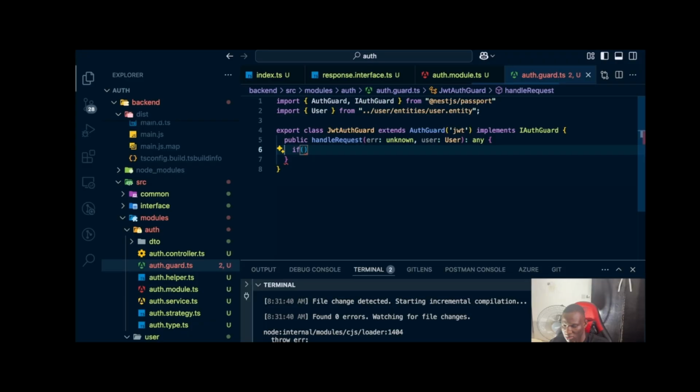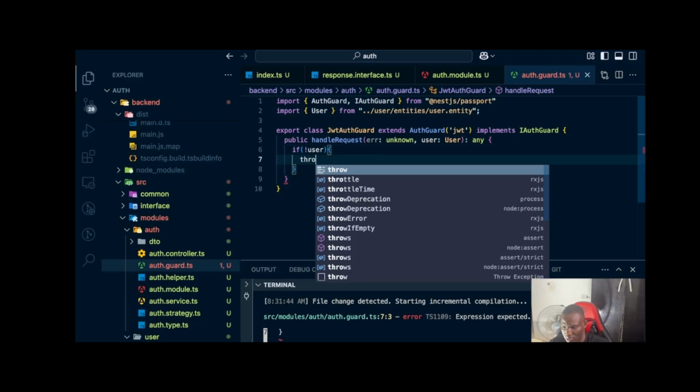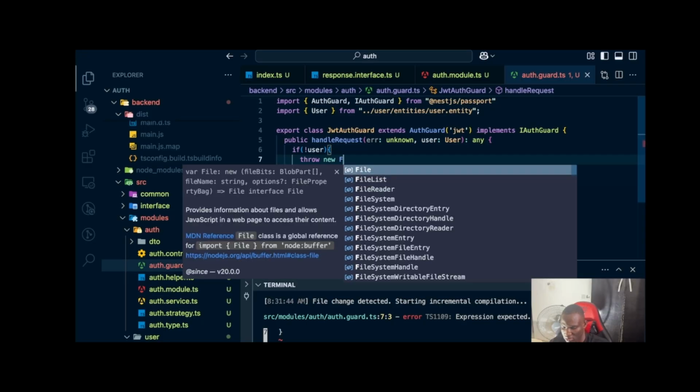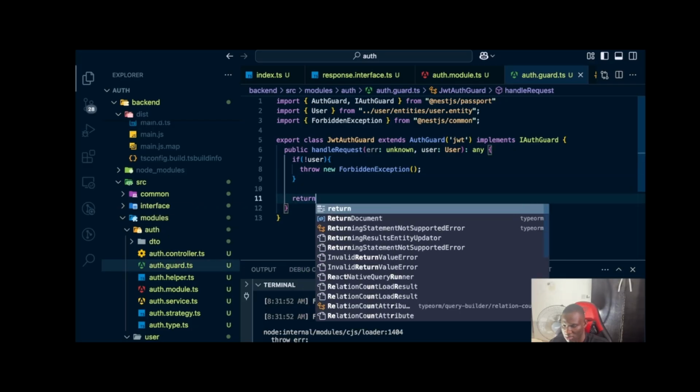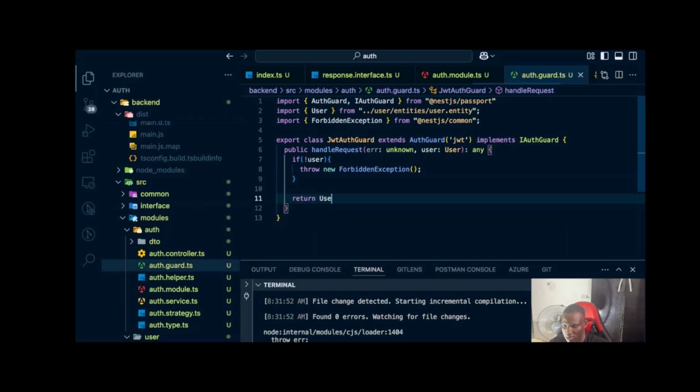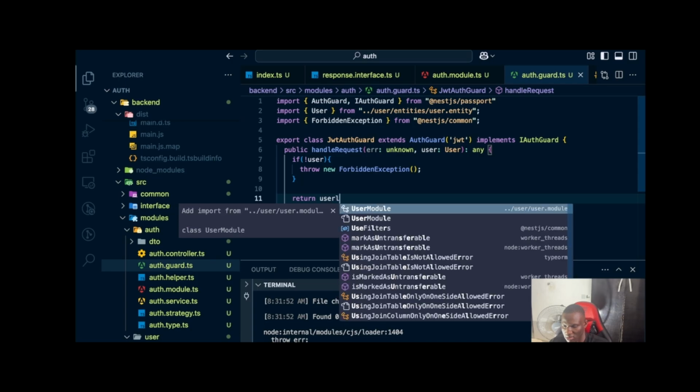So if we don't find our user, we just throw new forbidden exception. Okay, that means the user cannot return the user. Okay,